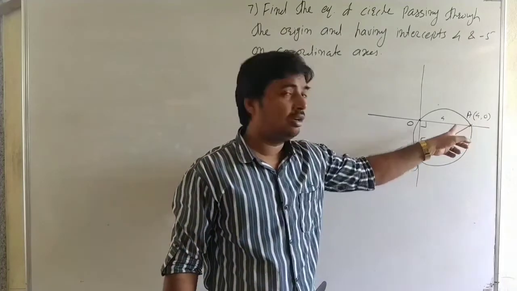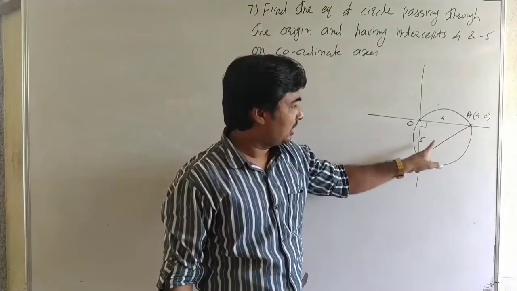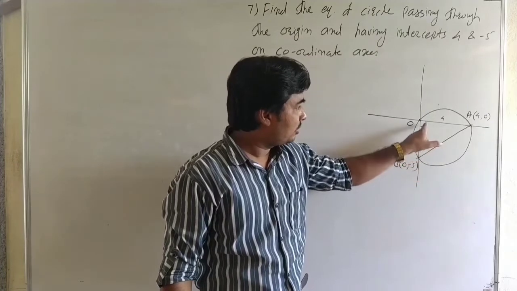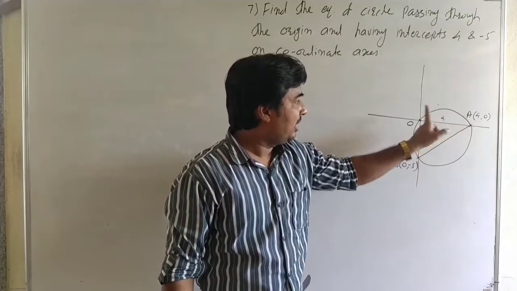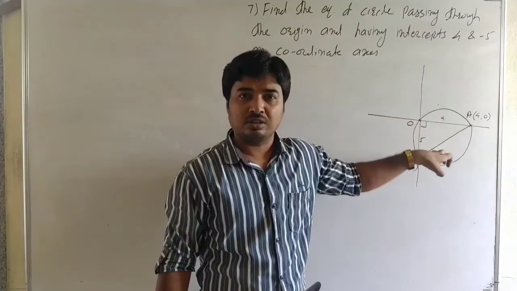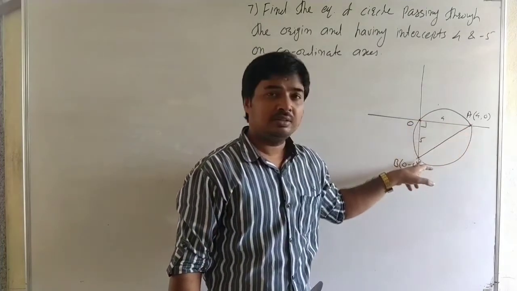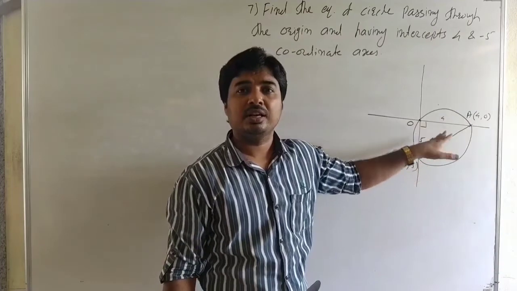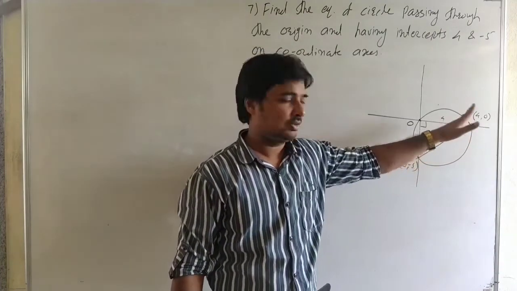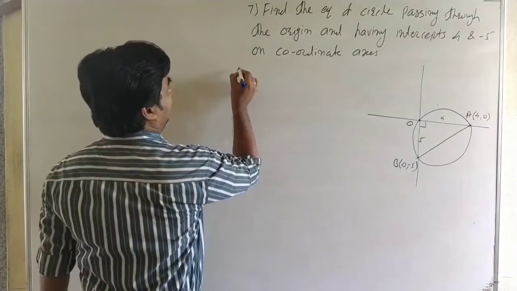It is the equation of circle in diameter form. Here AB is a diameter, why? Because it is a right angle, and A, O, B are points on the circle, therefore here it is an angle subtended by the semicircle, it is a right angle, therefore it is a diameter. AB is a diameter.